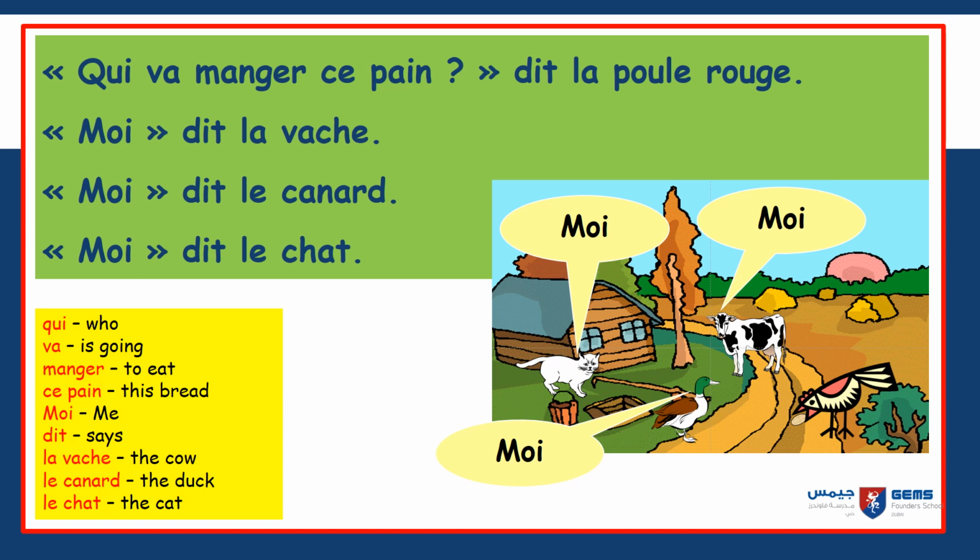Qui va manger ce pain? Dit la poule rouge, which means, who's going to eat this bread? Says the red hen. Now, all her three friends, la vache, le canard, et le chat, all three of them